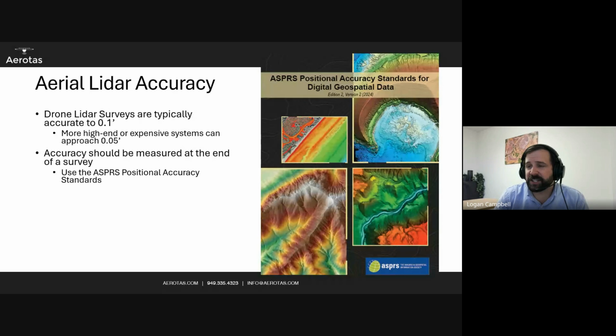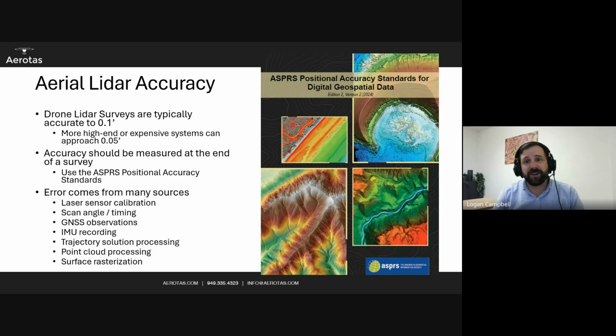One, I like to talk about how accuracy should be measured at the end of the survey. So on the right is a picture of the ASPRS positional accuracy standards for digital geospatial data, which is a mouthful. I have other webinars and talks on accuracy that we can cover later. But basically, the idea is you measure your accuracy at the end of a survey. And with a LiDAR survey or any drone survey, error actually comes from a lot of sources, starting from the laser itself and the sensor calibration, scan angle and timing, your GPS errors, IMU errors, trajectory solution, point cloud processing,